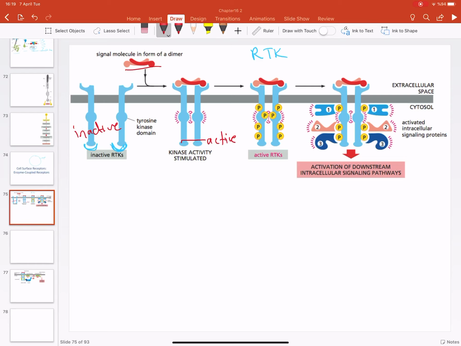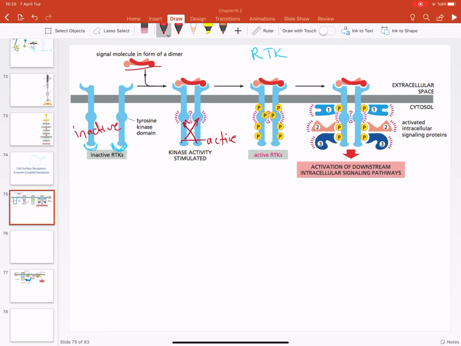Now, in some cases, they activate the targets, but in many cases, they cross-phosphorylate each other, which means each of them is a kinase, but it cannot phosphorylate itself. So what happens is that this one is phosphorylating this, and this one is phosphorylating this. So altogether, it becomes an activated